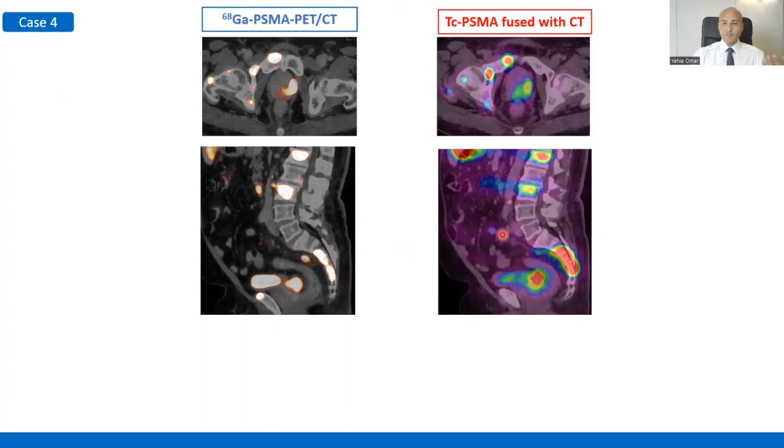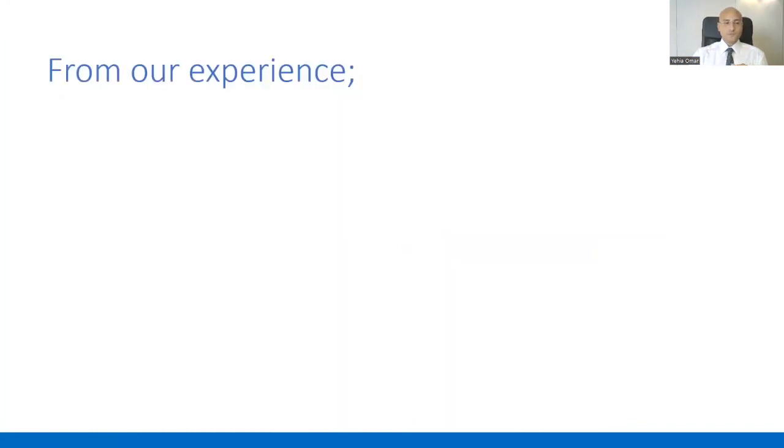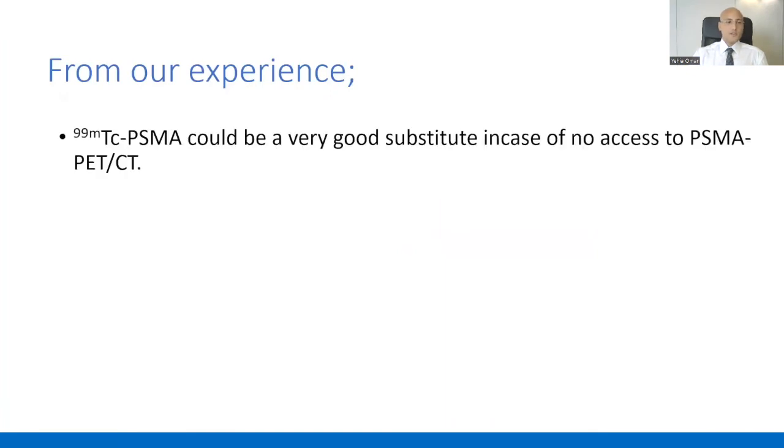But again, most of the lesions and also these pelvic lymph nodes look almost similar. So I get almost the same feeling when we have the technetium and gallium, but it's mandatory to have cross-sectional images. So to summarize, from our experience, technetium PSMA could be a very good substitute in case of no access